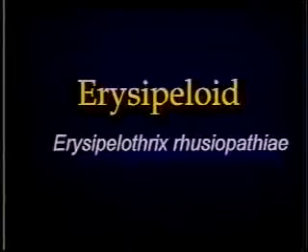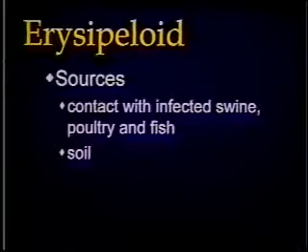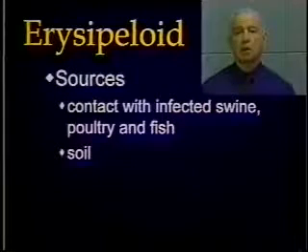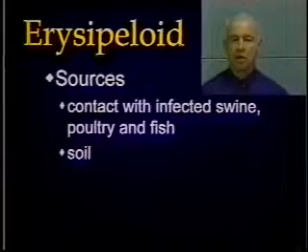Erysipeloid, a condition in humans that is associated with Erysipelothrix rhusiopathiae. Now, in animals, this infection of Erysipelothrix is known as erysipelas. But in humans, erysipelas is a streptococcus infection, and the infection by this organism in humans is referred to as erysipeloid. This is primarily in humans who are associated with infected swine, but also sometimes with turkeys and fish. The organisms are present in soil and not infrequently affect swine, so that this can then again be the source